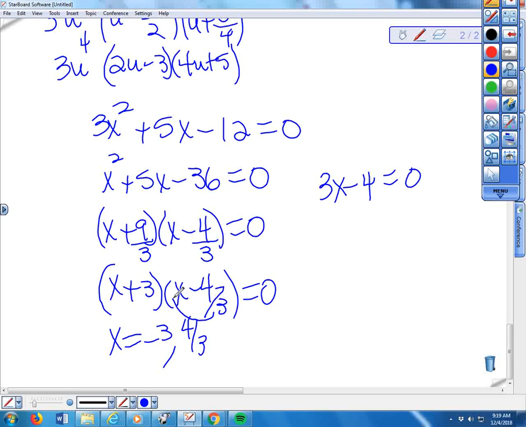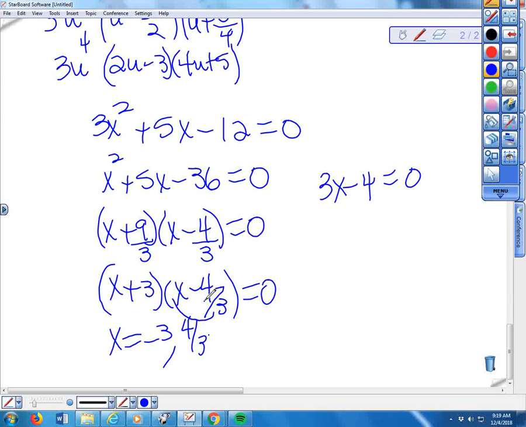Right, 3x minus 4, and then I set it equal to 0. I add 4, divide by 3. So when I'm solving, if I don't bring it up, it's the same thing. If I'm just factoring, yes, you must bring it up. But if you're solving, you bring it up, then you're going to undo it anyway. Oh. So either way, I get 4/3. Good question. All right, number 13,